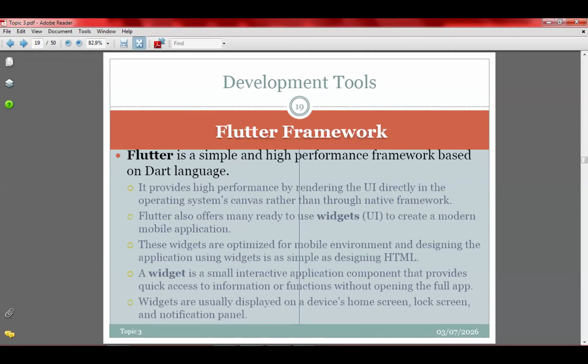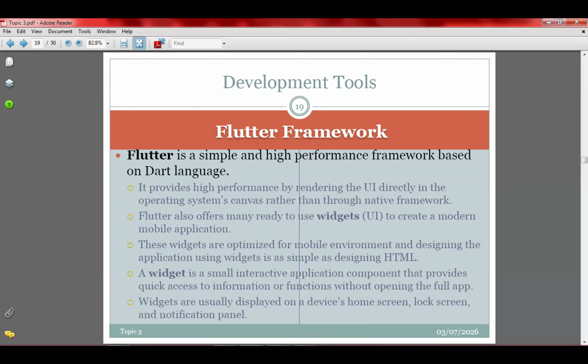Now we come to the Flutter framework. The Flutter framework is the technology that allows mobile applications to run on various platforms.